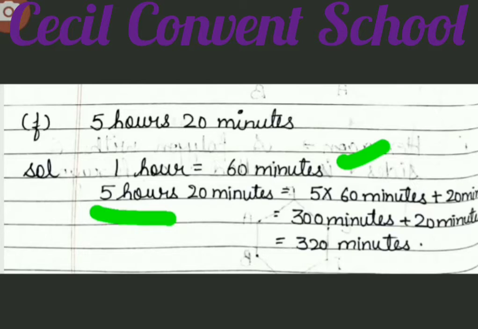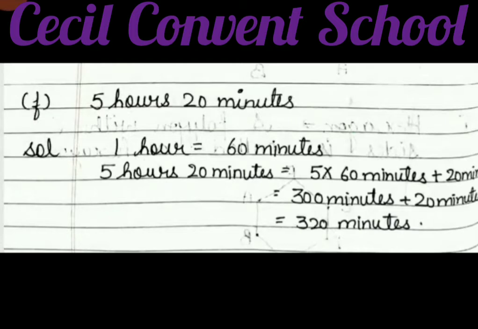Clear? So 5 60s are done as you do with 6. In the same manner we do with 60. Only the difference is that in 60 there is a 0. But the 60 table is same like 6 table. Clear? So 5 60s are 300 because 5 6s are 30. So along with that 0 you add, the number will be 300 minutes plus 20 minutes. When you add, the answer will be 320 minutes. Clear, students? Now of question number 1 you have to do in the copy only B part.